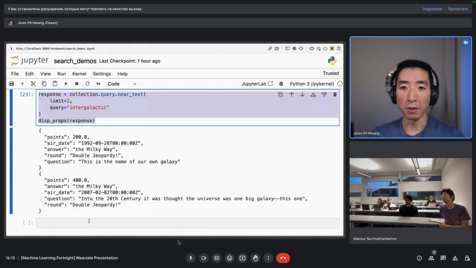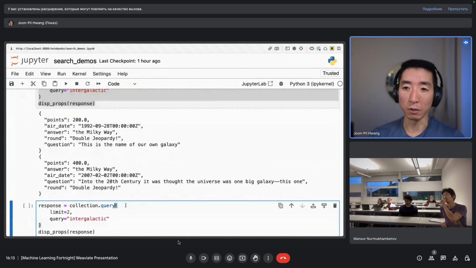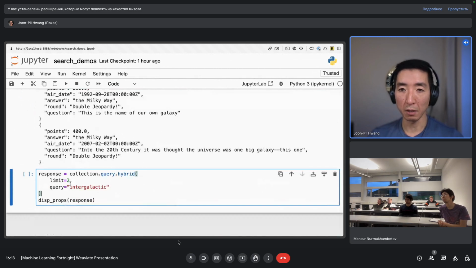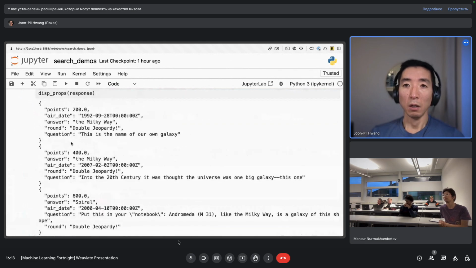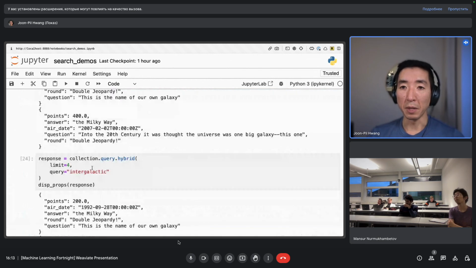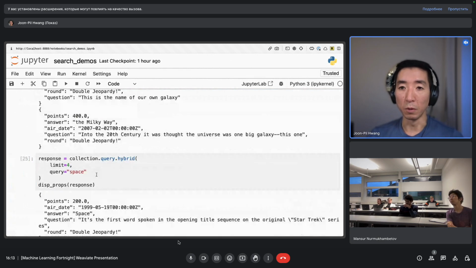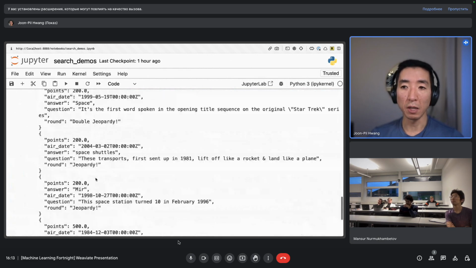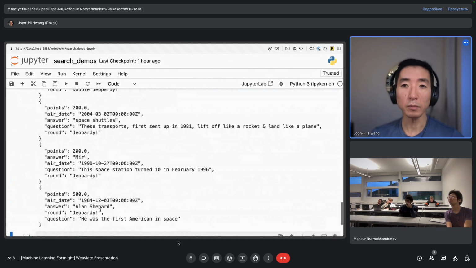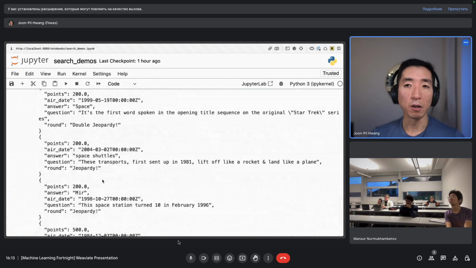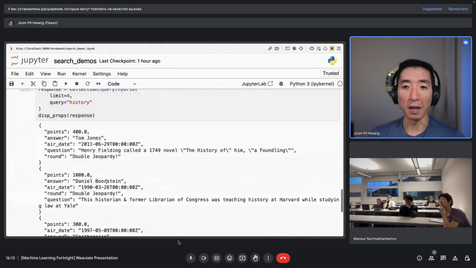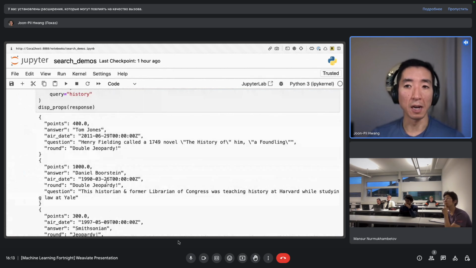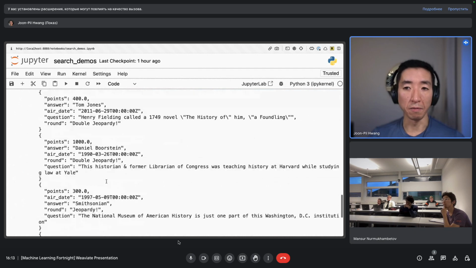And if I move on and do a hybrid search, let's see what we get, and let's get a few more results. Actually this is probably not a good one because there are no word matches. So let's look for the word history. We start to get results that are a blend of keyword searches and vector searches.